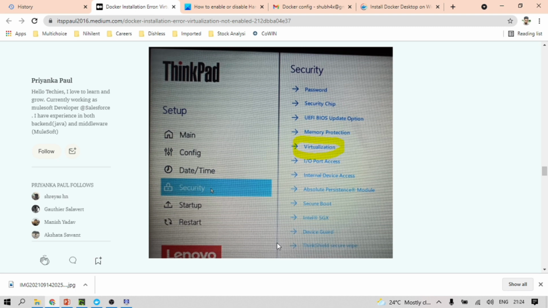This screen is for the Lenovo ThinkPad. I had an HP laptop, so I got a different screen with different tabs and configuration details. But definitely you will get a security tab somewhere, and inside the security tab the virtualization field will be there for the configuration, enabled or disabled. Go to virtualization, and if it is disabled, press enter and select enable and